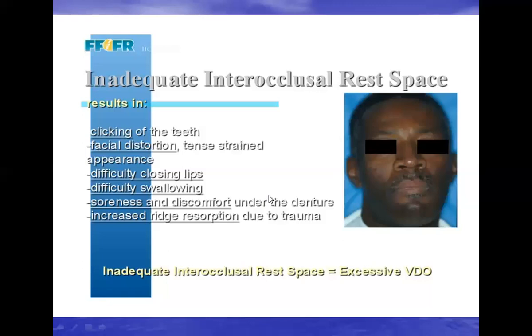तो आप समझ जाएंगे your vertical dimension is not correct there. Then difficulty in swallowing, जब आपका फ्री वे स्पेस नहीं है, that means आपका height of occlusal plane ठीक नहीं है, आपने ऊपर कर दिए हैं दांत। जब ऊपर कर दिए तो आपकी dorsal surface of the tongue से भी ऊपर चले जाएंगे दांत, तो फिर आपकी food mastication में भी problem होगी।